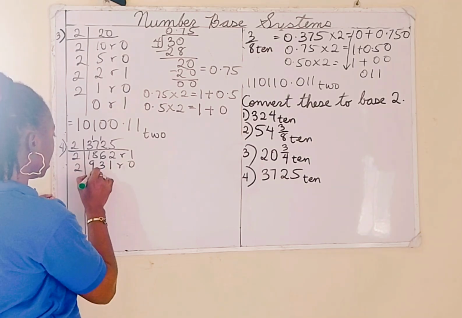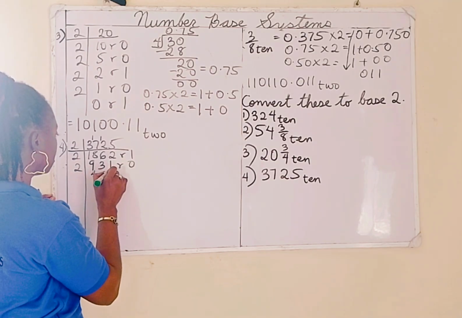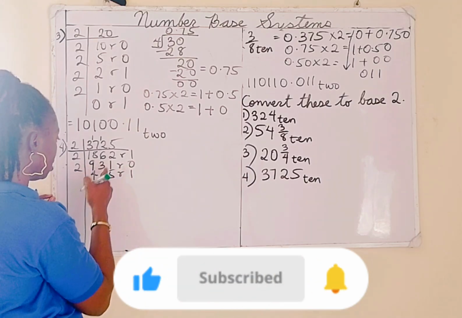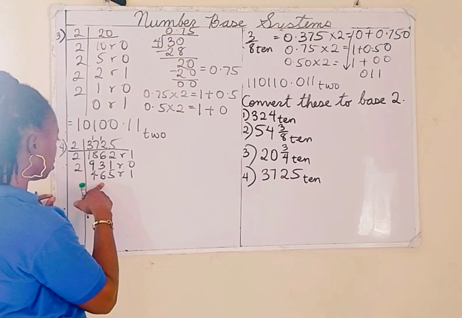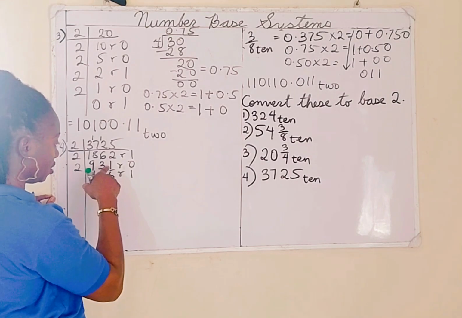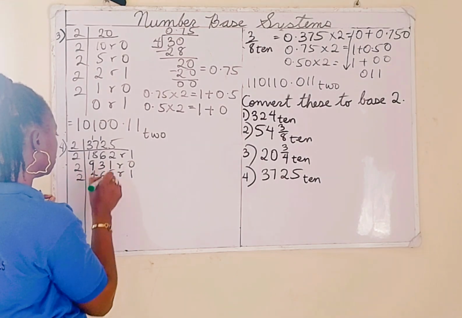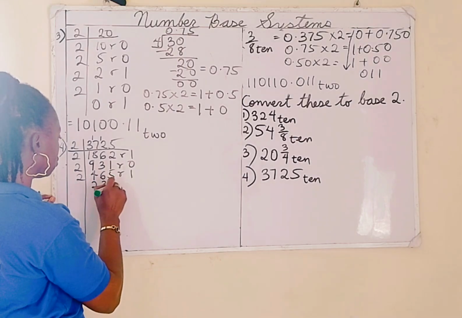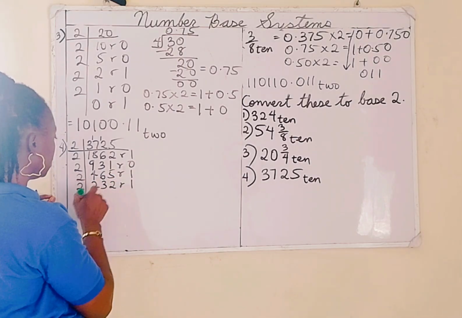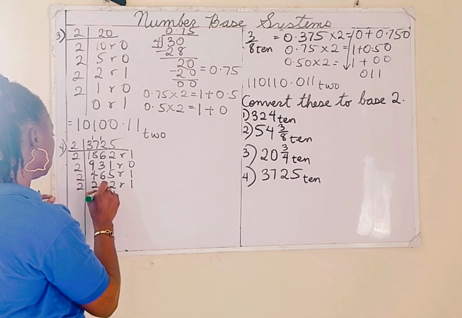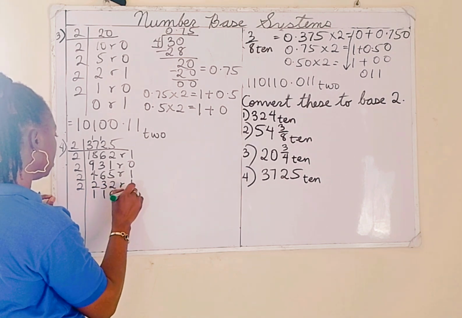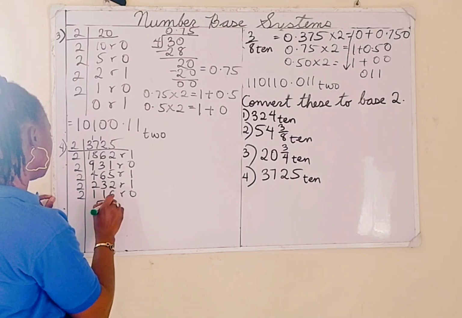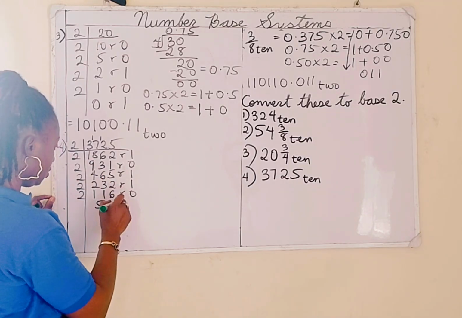Into 932, we have 4, 6, 5, remainder 1. That's 4 times 2, 8, remainder 1, right? In 13 is 12, 6, 2 times 6 is 12, remainder 1. Yes, so in 465, we have 2. In 6 is 3. In 5 is 2, remainder 1. We have 1, 1, 6, remainder 0. We have 5, 3, remainder,